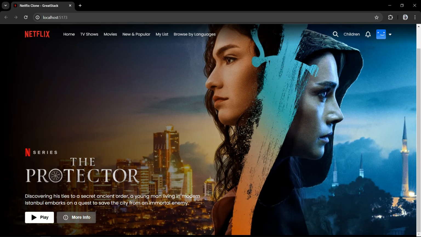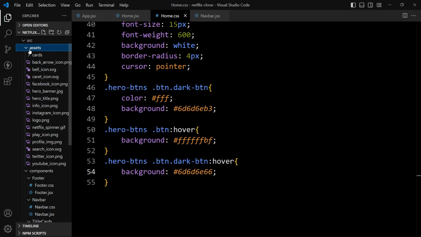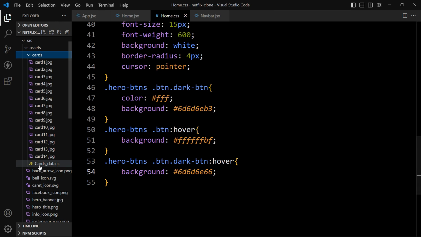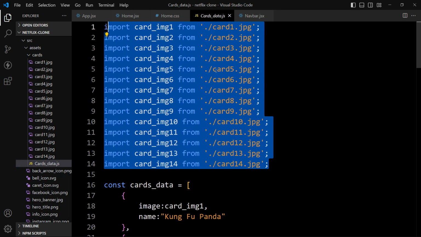After this play button, we will display some movie thumbnails. So let's come back to the VS Code editor, and we will open this assets, and in this assets we have this cards, and in this cards we have this cardsData.js. Let's open this file, and in this file we have imported all the images.